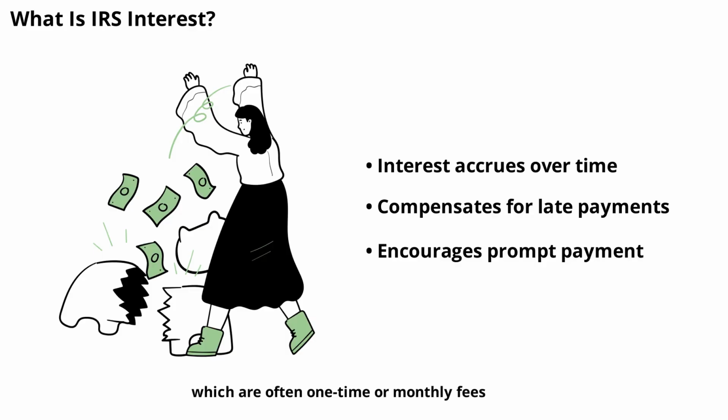Interest is another charge the IRS applies when taxes aren't paid on time. Unlike penalties, which are often one-time or monthly fees, interest continues to accrue until the tax debt is fully paid. The IRS charges interest to compensate for the time value of money, essentially. The government loses out when it doesn't receive funds on time. This ongoing charge motivates taxpayers to pay their debts as quickly as possible, minimizing the cost to both the taxpayer